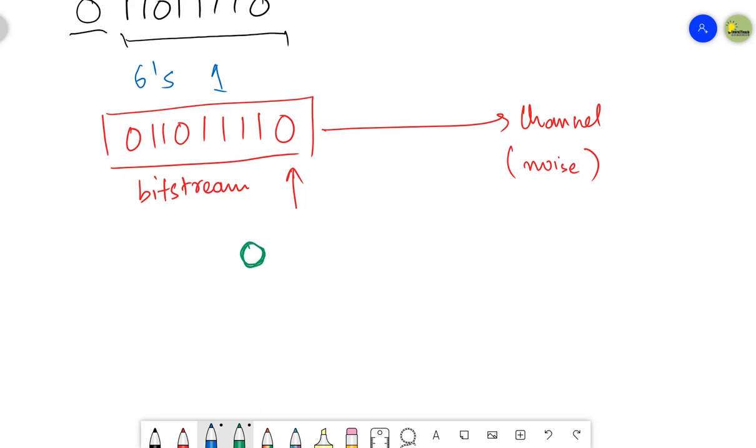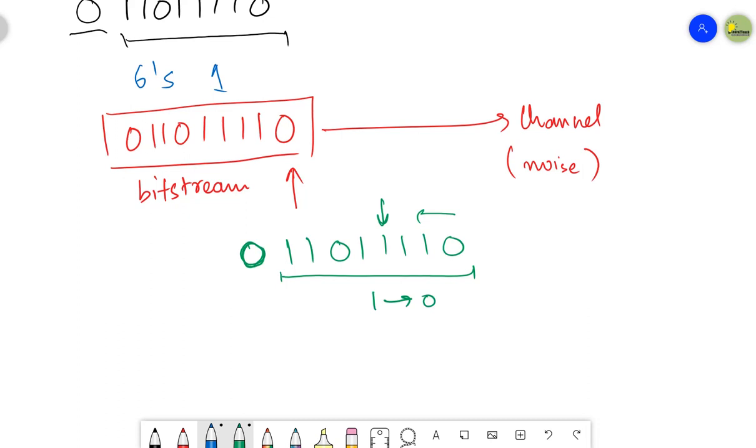Let's suppose the data bits were 1101 1110. These were my data bits, right? And in the data bits, let's suppose the fourth bit from the right has been changed from 1 to 0.